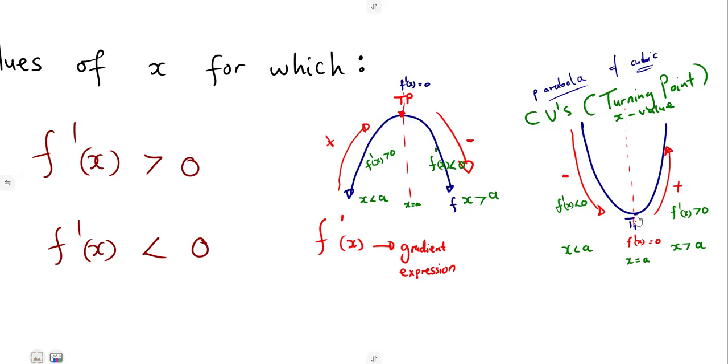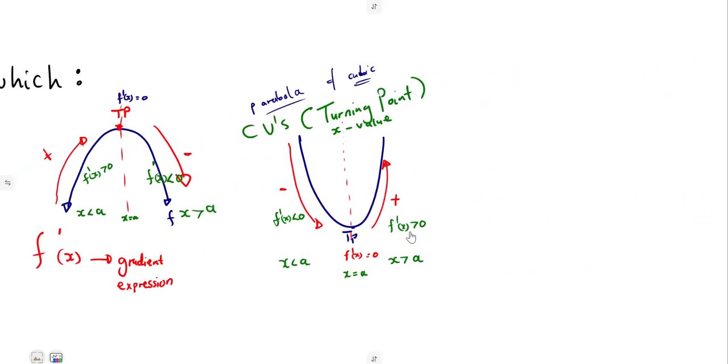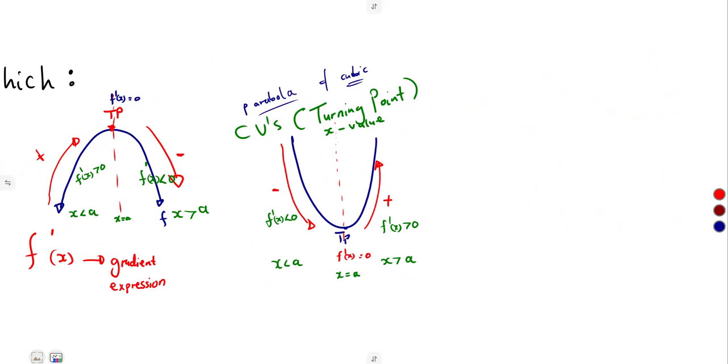A parabola is the best description because it has a turning point. So you compare from there. What about a straight line? For a straight line,